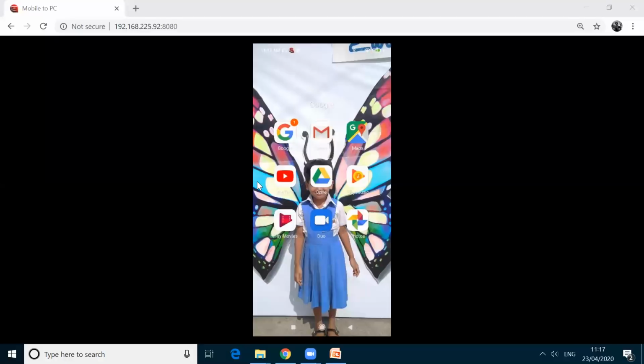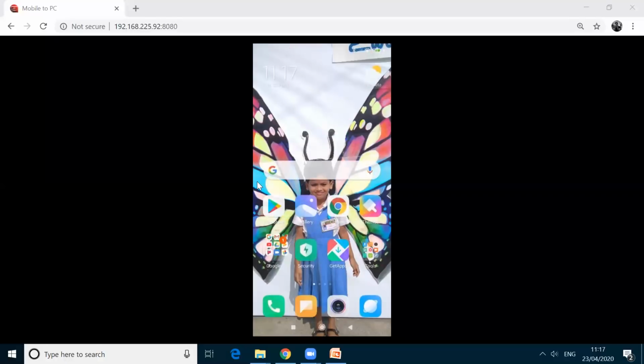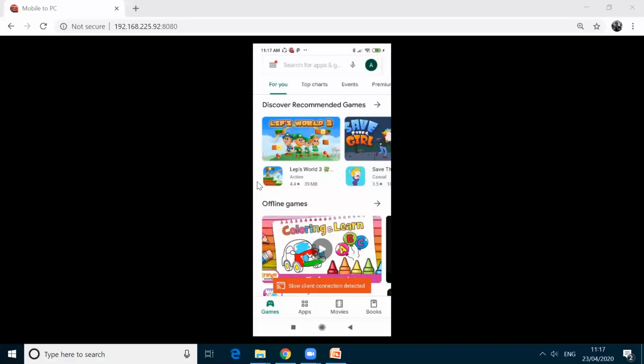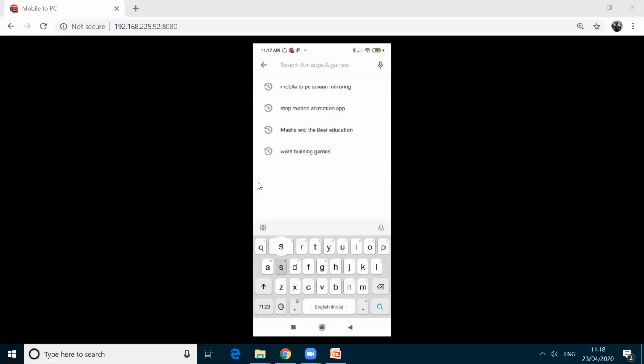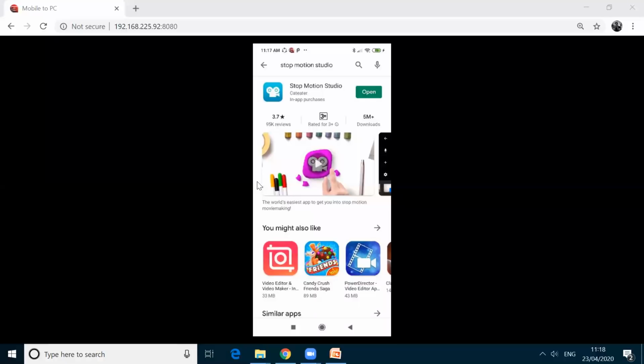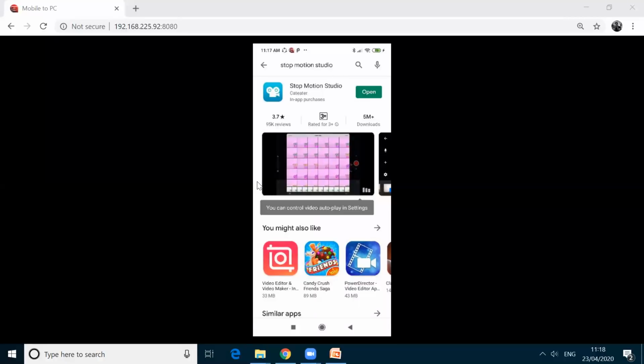I'm going to Play Store, and then I'm typing Stop Motion Studio. So this one is called the Stop Motion Studio app. Since I have already installed, it's asked me to open. And then I'm clicking this open.